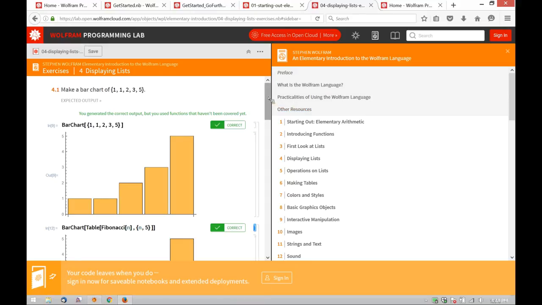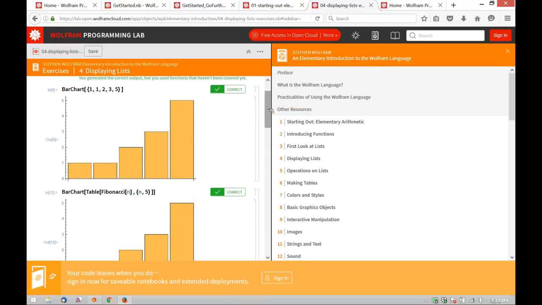The exercise notebooks, they don't just look at your code. If you're trying to solve a problem with code, there are an infinite number of ways to do it. Every problem, 2 plus 2, has an infinite number of ways to get the right answer. So you have to be smarter about what it means to be right or wrong code. We've been putting a lot of thought and effort into getting that just right. So this is a great example of